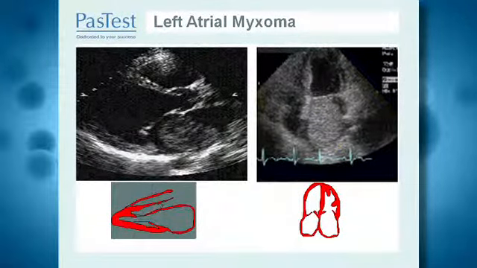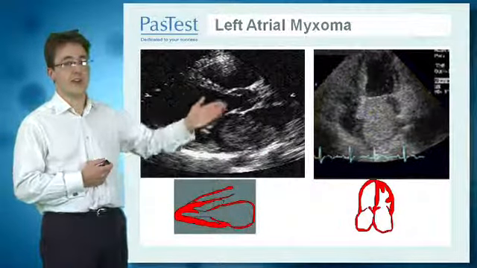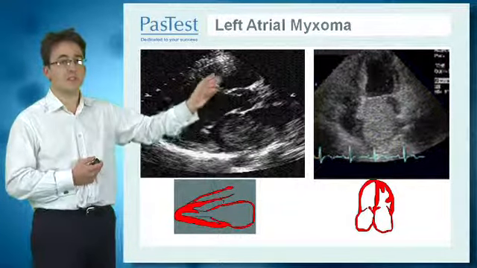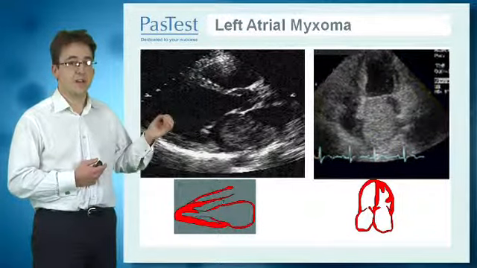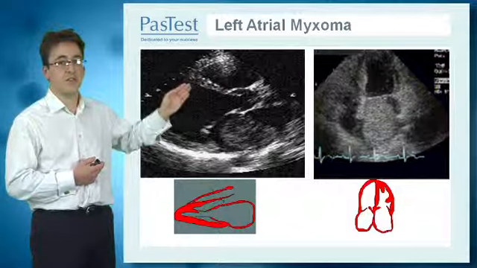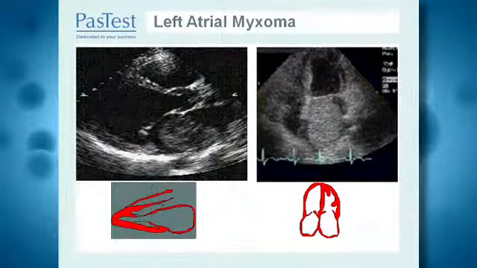So what do we get in someone with a left atrial myxoma? Well, it's clear to see that these 2 echocardiographic images are very abnormal. You can see that there's a smooth mass resting in the left atrium, which appears tethered to one of the mitral valve leaflets. And this is obvious both in the parasternal long axis view, which is on the left side of your screen, and in the apical 4-chamber view on the far side of the screen. When we see this, this is almost diagnostic alone of a left atrial myxoma.